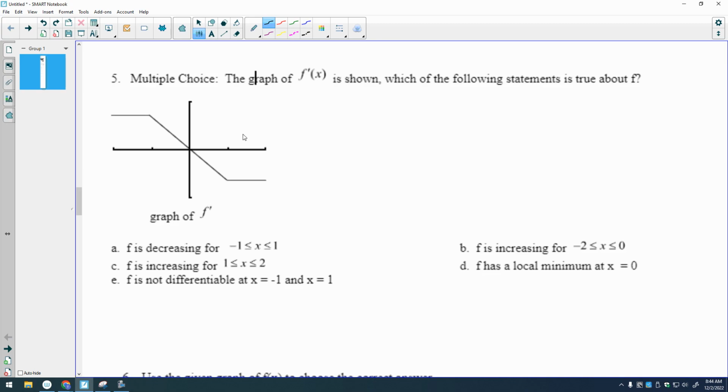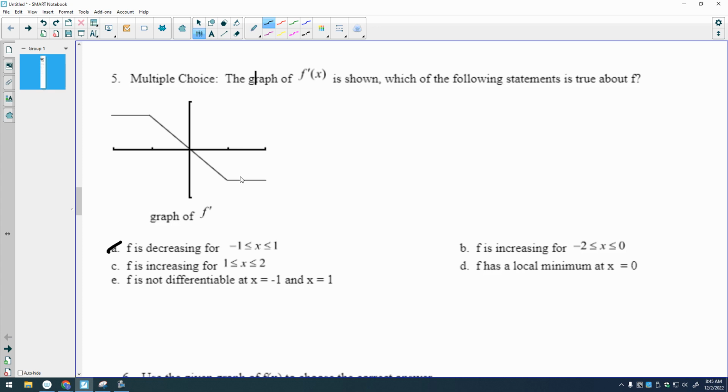Is my derivative negative from negative 1 to 1? No, my derivative is positive here and negative here. So my derivative is not negative for that whole entire region. So A is gone. C, it's increasing from 1 to 2, which means my derivative is positive from 1 to